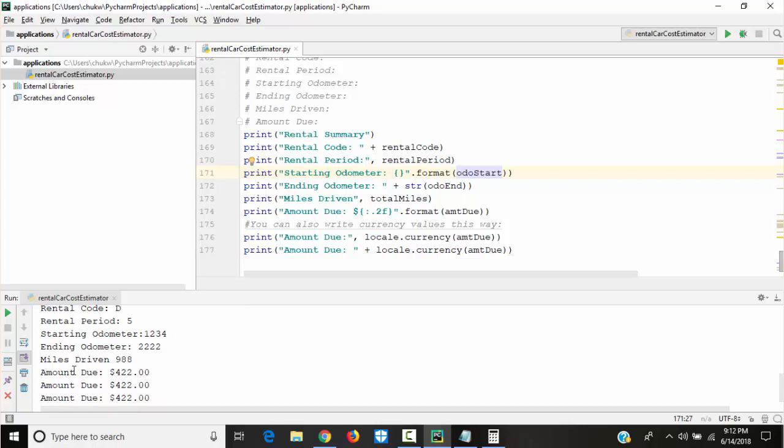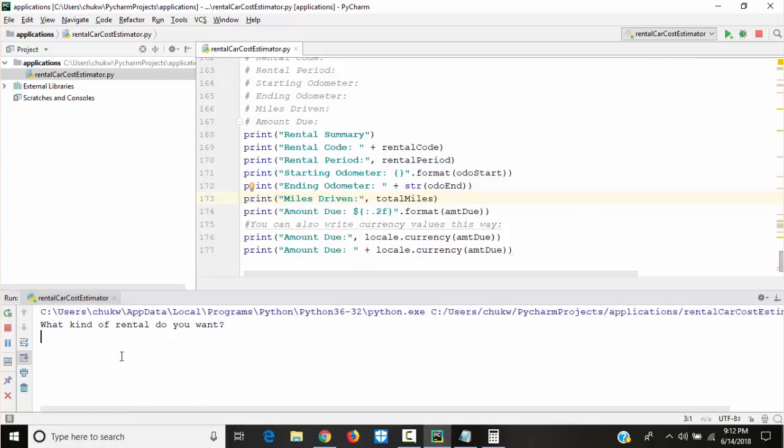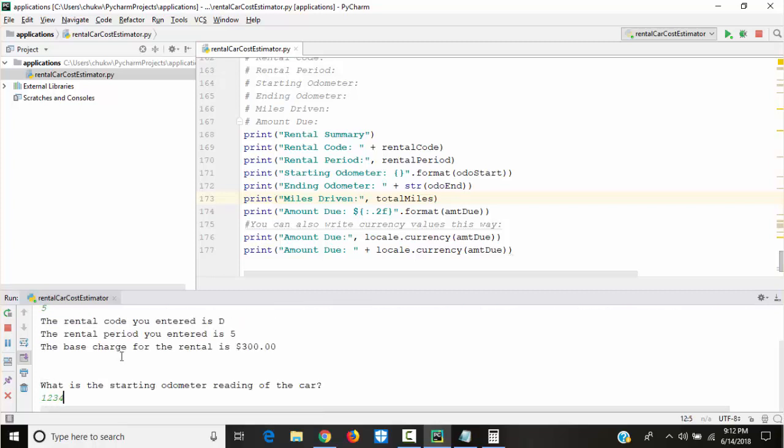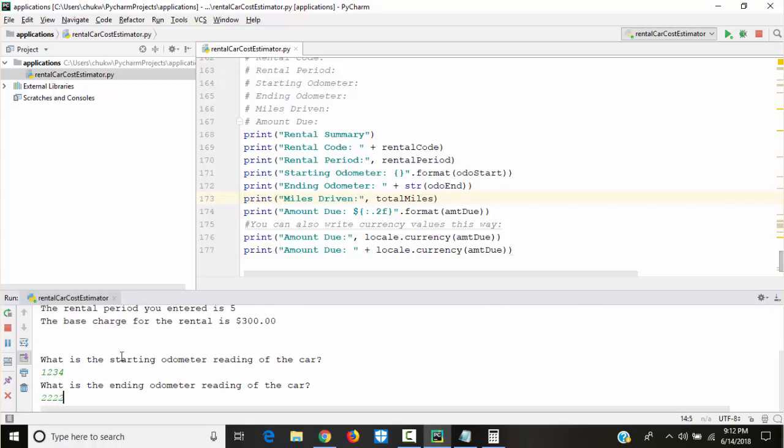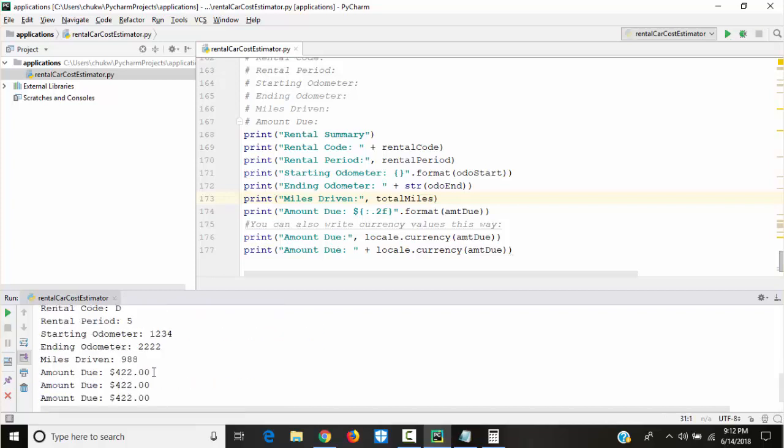Okay. Ending odometer, miles driven, let me put colon here, amount due. Let's run it again. D 5 1 2 3 4 2 2 2 2. Okay. See now, it's all good now.